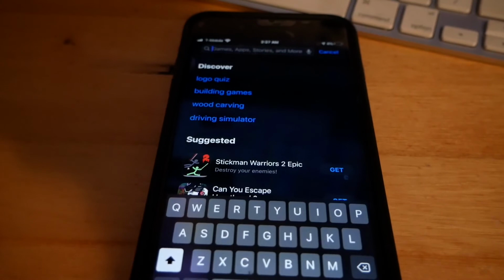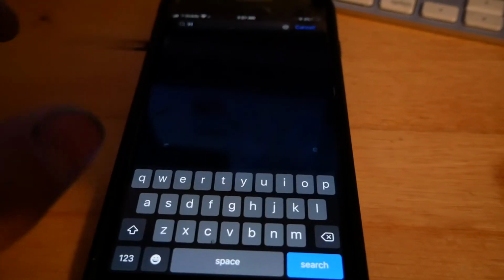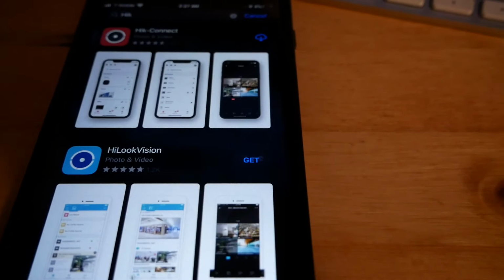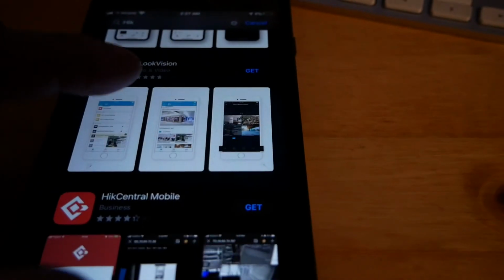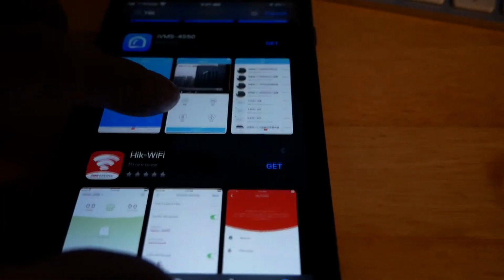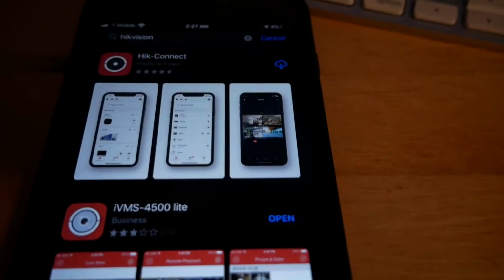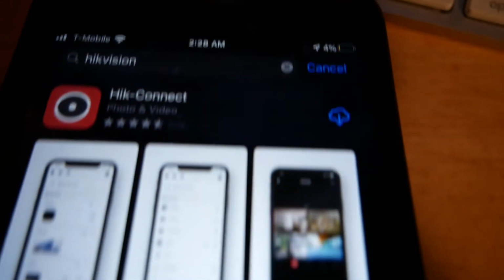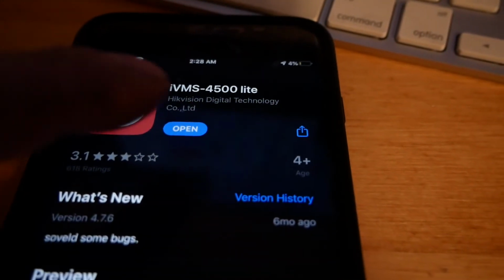Next step is we finally get to set up the mobile app. So I have an iPhone here. I'm just going to go to the App Store and download the app. You're going to want to search for HikVision. It's not the HikConnect, and you could do this iVMS-4500, but the one I did, if you type in HikVision and do a search, I did the iVMS-4500 Lite. So go ahead and download that, open it up,